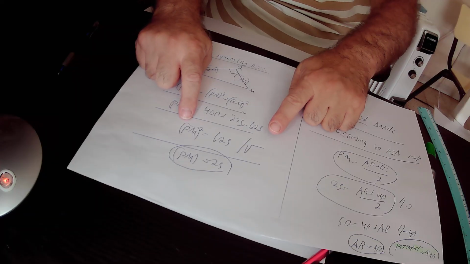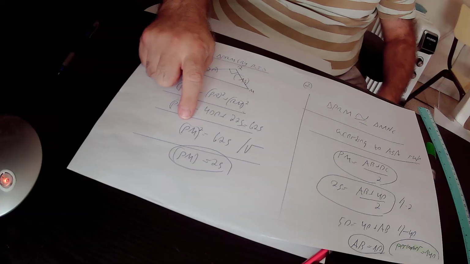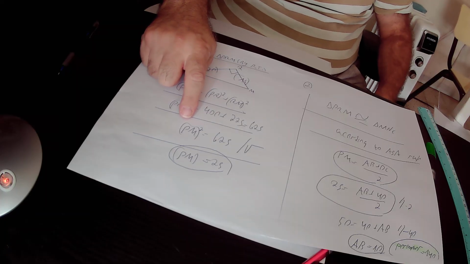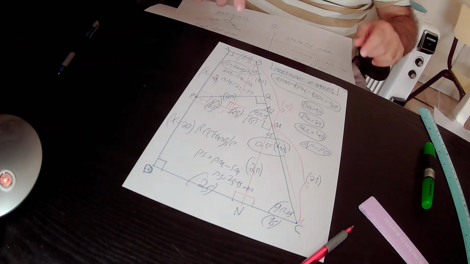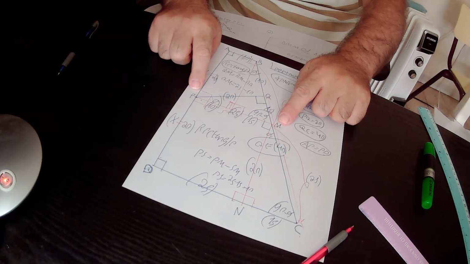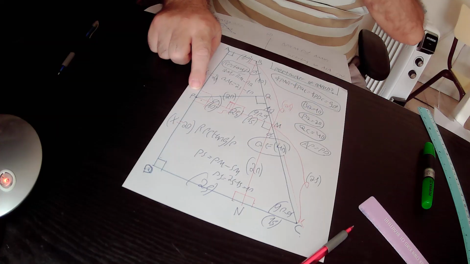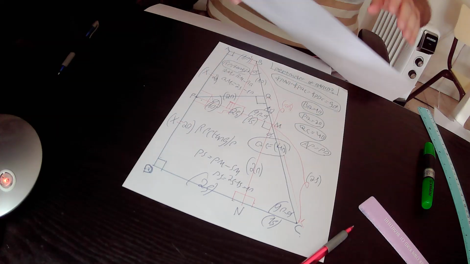Here we took the square root of this equation and finally found out that PM, the missing hypotenuse, is equal to the square root of 625, that is 25. This is the missing side PM, which equals 25 units in length. In the next step,